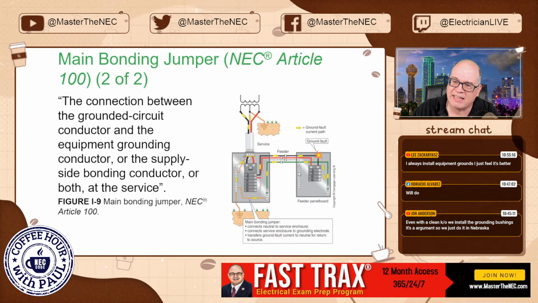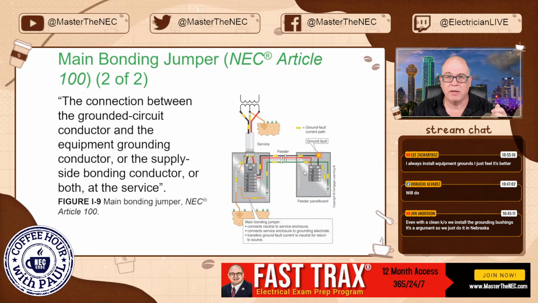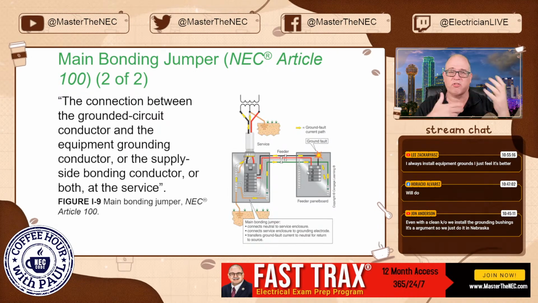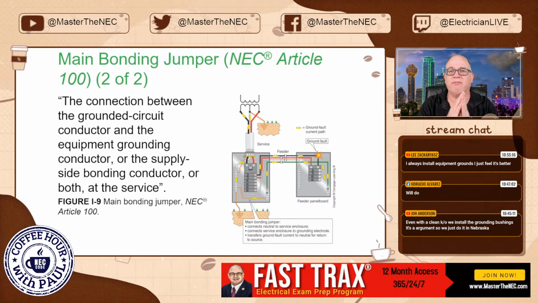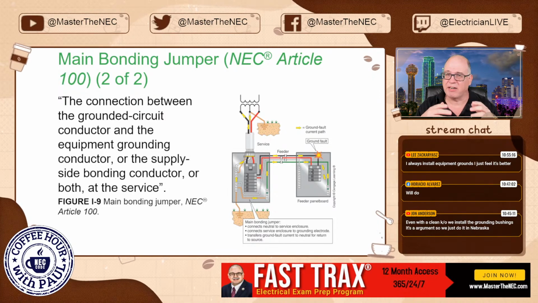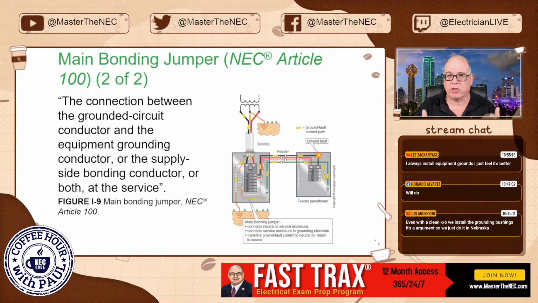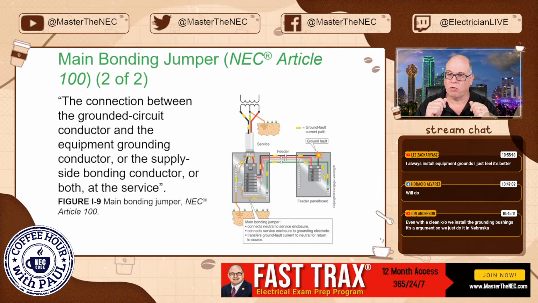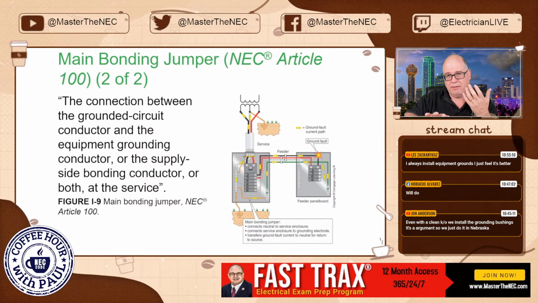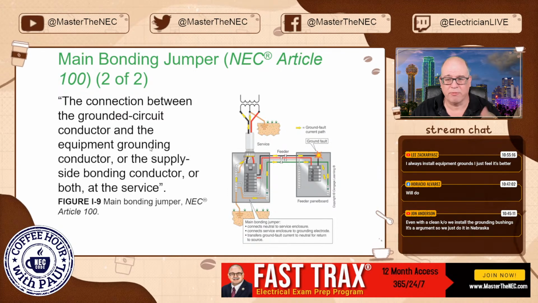By intentionally connecting this neutral to the case, it means that you will always have current traveling on the neutral in this scenario. Also, it will be traveling on metal parts as well, and it causes circulating currents, and it means that you have touch hazards because those non-current carrying metal parts are not designed to carry current normally. We put them in play to carry fault current, right? So we do not want current traveling and circulating on these metal parts. That's why we have to isolate it downstream. That's the whole principle. Yes, we're going to get deeper into that as we go further into this series as well.